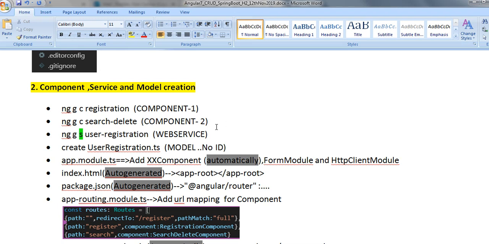Okay. So to invoke the service REST call, I need the HTTP client module, and I have to write the model. During the post operation this model is used. Okay, in Spring Boot also we have the model, and in app.module.ts you see that the component which has been created is added automatically, but I have to add the forms module as well as the HTTP client module. Okay, the HTTP client module is used for invoking the web service operation, and in index.html you will see the auto-generated app-root, and in package.json you will see the Angular router,